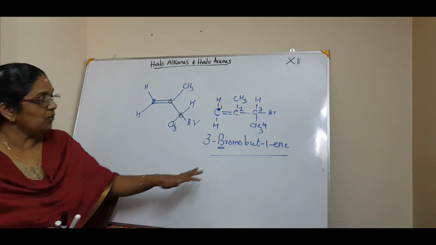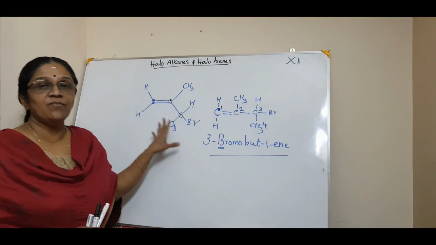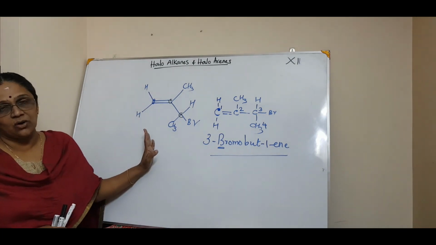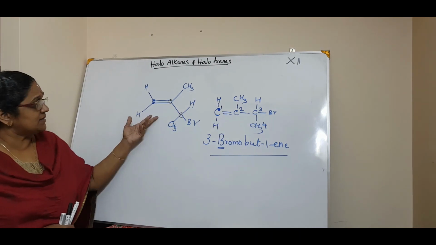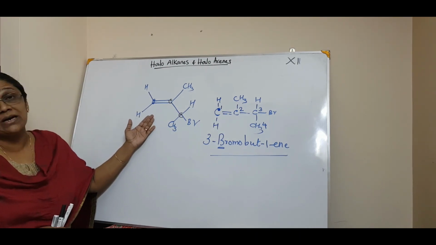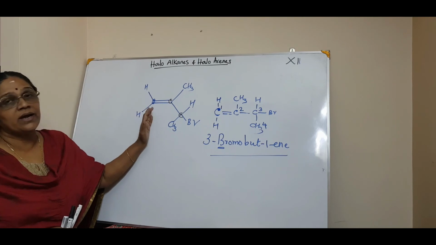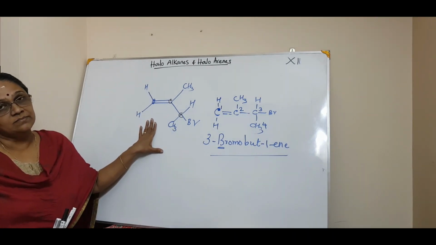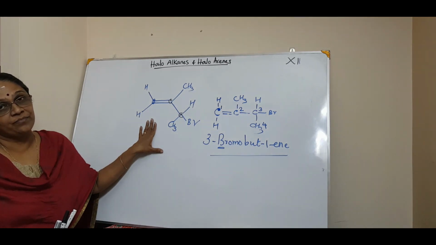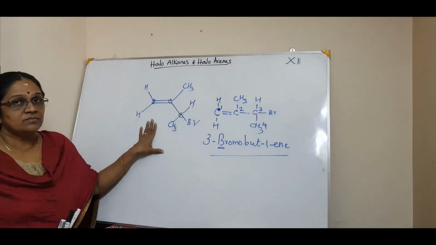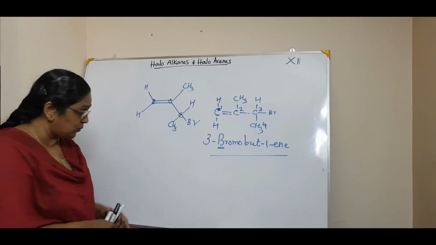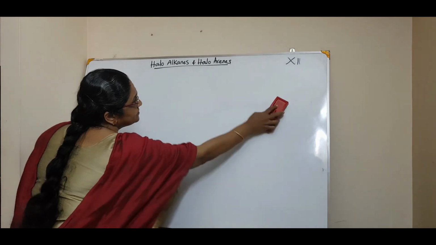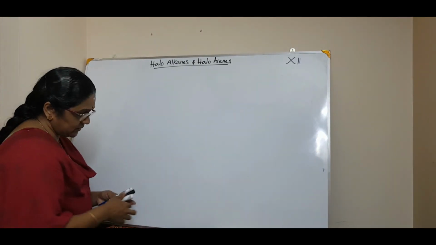So this is how you write the IUPAC name for a bond line structure. It can be said like that also. This is how you write the IUPAC name for a bond line structure. So is it clear for you? Now if you want one more, we will write. Okay, you want one more, I will tell you one more. Then the next all are for homework. Just one more.